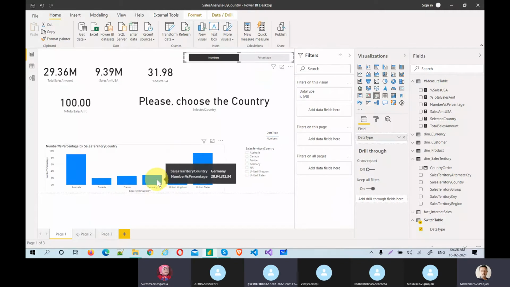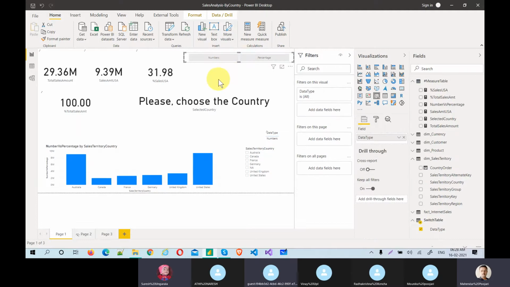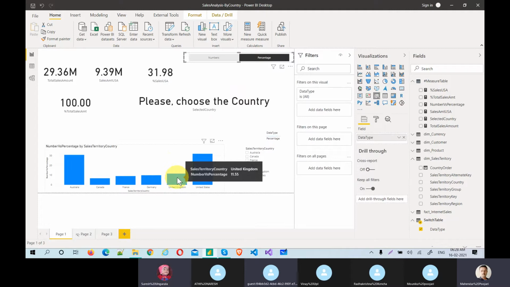these are the numbers actually. I cannot see the value. Okay, we'll see this later. See, now percentage is coming. It's 11.55, 9.86. These are the percentage.